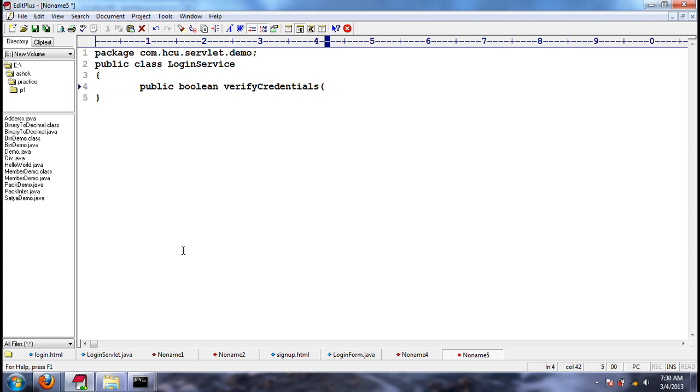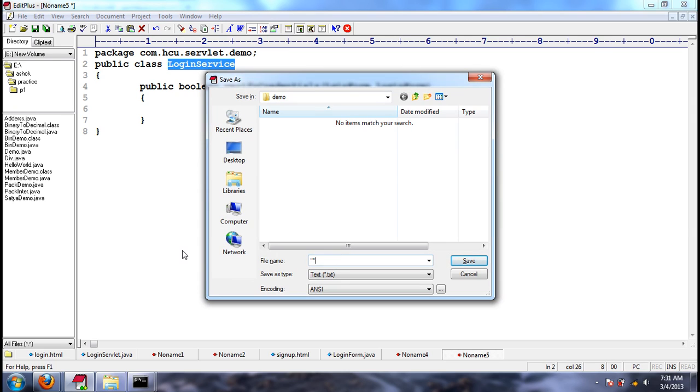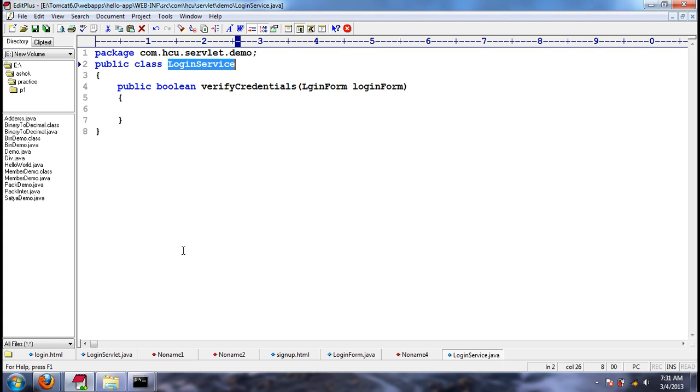Just look at the method verify credentials, which takes a login form. Now let me save this login service. Now what we'll do is, I am temporarily hardcoding the logic so that